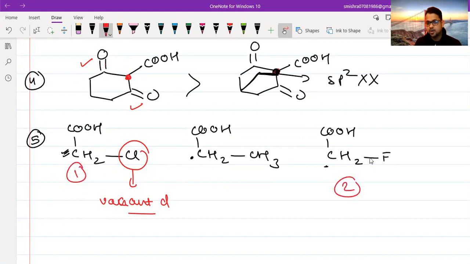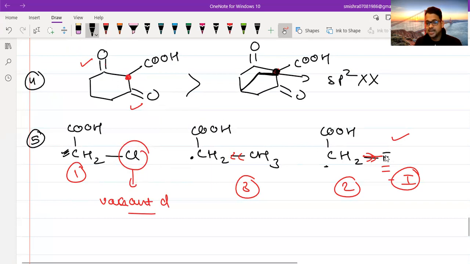Then you will get this because of minus I of fluorine. And here plus I will be acting, so this will be least stable. If you only think minus I, then you might say that fluorine has a stronger minus I. But minus I is not the only effect. Whenever a carbanion comes adjacent to chlorine, because of vacant d orbitals in chlorine, there is d orbital resonance. Fluorine cannot do so because fluorine is a second period element, and being a second period element, it does not have vacant d orbitals.